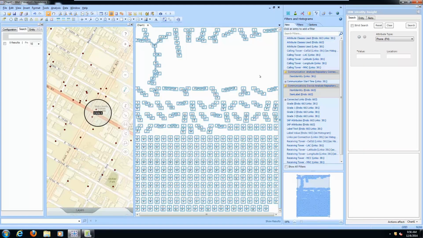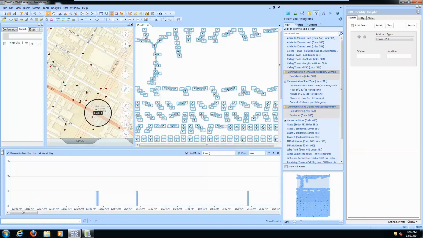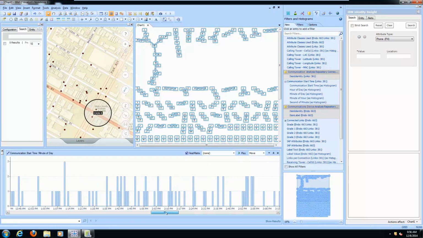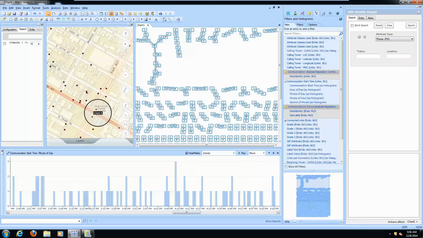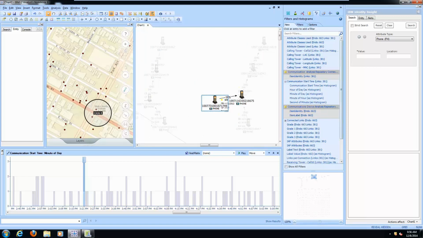This is too much data for us to sift through manually, so we're going to use filters and histograms to focus on the calls at the exact time of the bombing. The histogram shows call activity within the area. We'll drill down to 3:21, the time of the bombing. The number of interest here ends in 1749. We'll use the recommendation engine to find more information such as entities that have a relationship with this number.